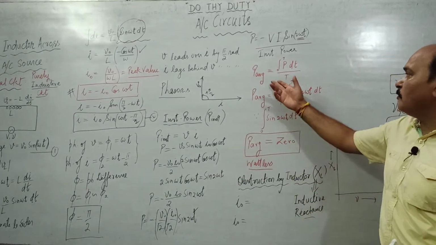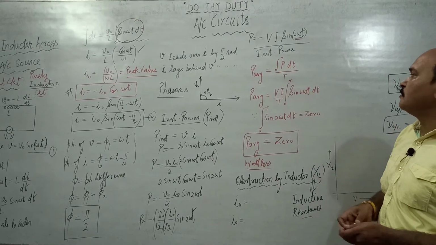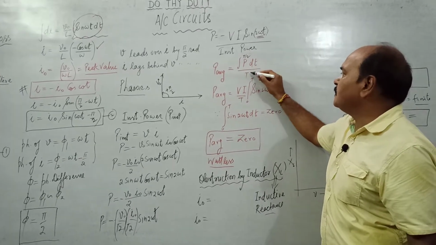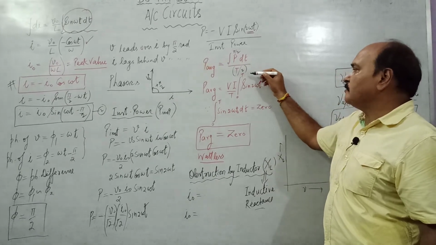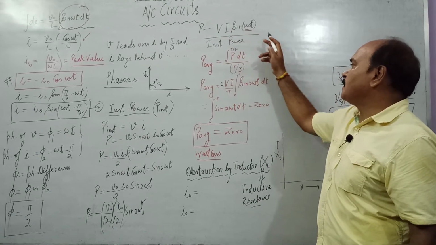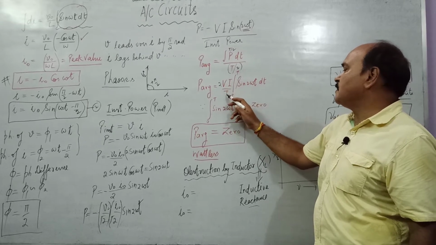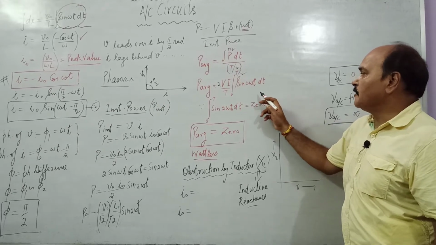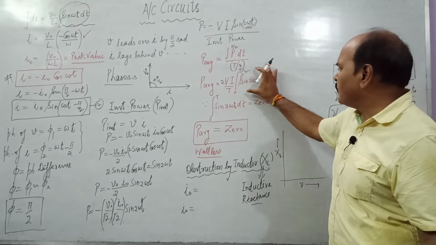If we find the average value of power, we multiply P with dt and integrate it, say, from 0 to T by 2 or T. If we integrate it from 0 to T by 2, we'll divide it by T by 2. Well, what do we get here? If we write V I sine of 2 omega t here, this 2 moves up to give V I upon T, sine of 2 omega t, integration from 0 to T by 2. And the integration of sine 2 omega t dt from 0 to T by 2 or T will all come out to be 0.